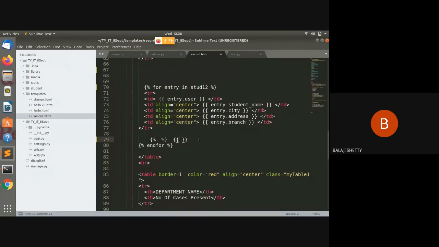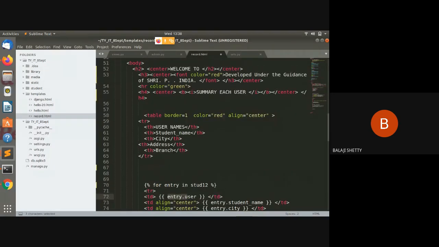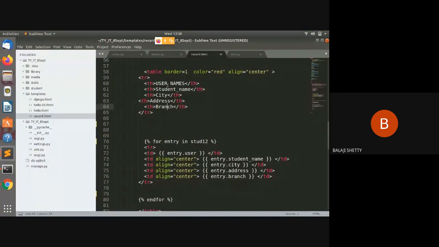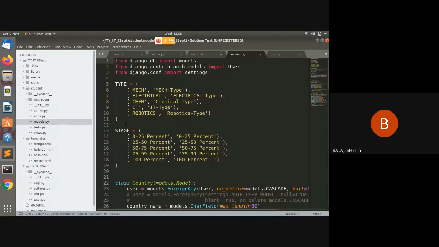Okay, so what happened now? You know for loop in Django. So for entry in stud1, 2, now we call objects one by one in a variable named entry. Okay, here entry.user. So the first column is usernames, second column is student names, third is city, fourth is address, fifth is branch. Now if you see the schema here, what is the schema of my student?